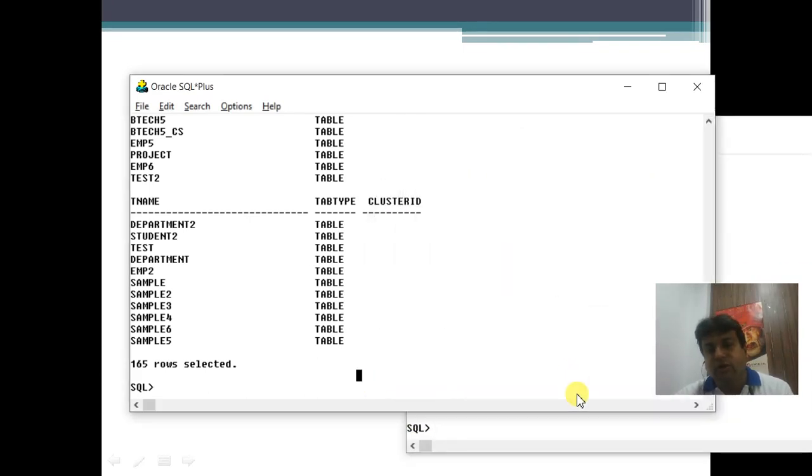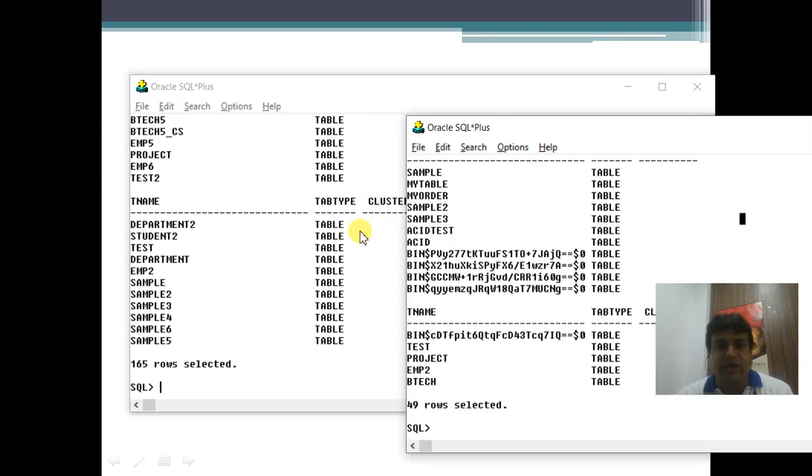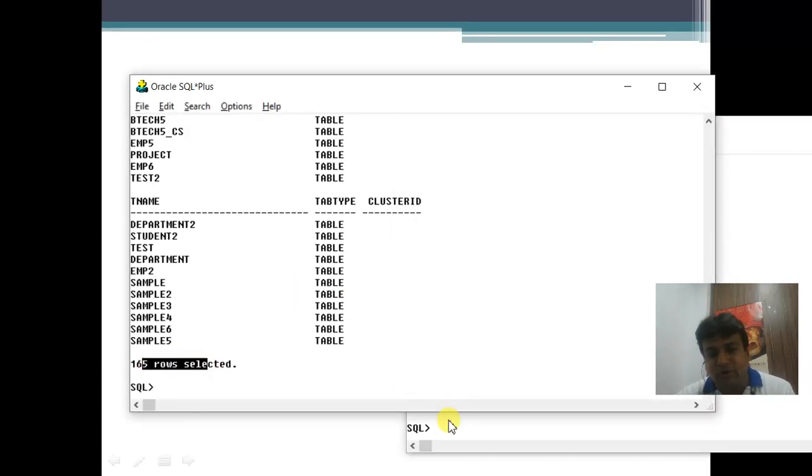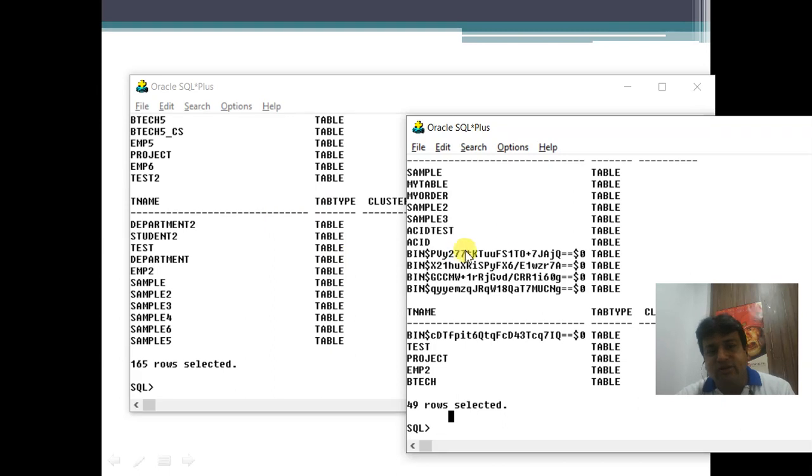Okay, so the basic functionality of Oracle is based on users, and under the user we create tables. So you can see there are 165 rows. As many users as you create, you can create tables in them. And whenever you have a separate project, you create a user for that project and your tables are kept in that user so that the tables are not mixed.